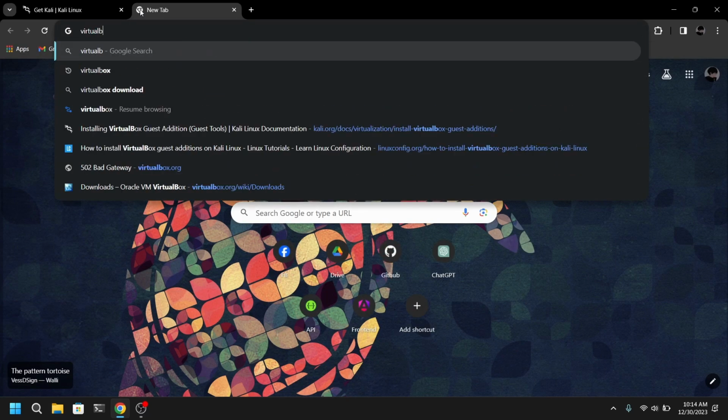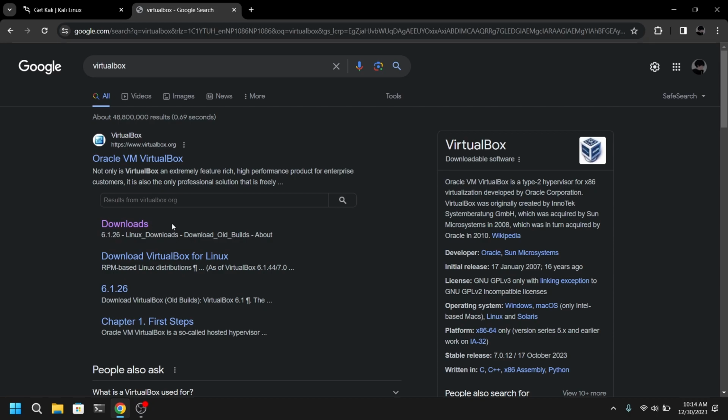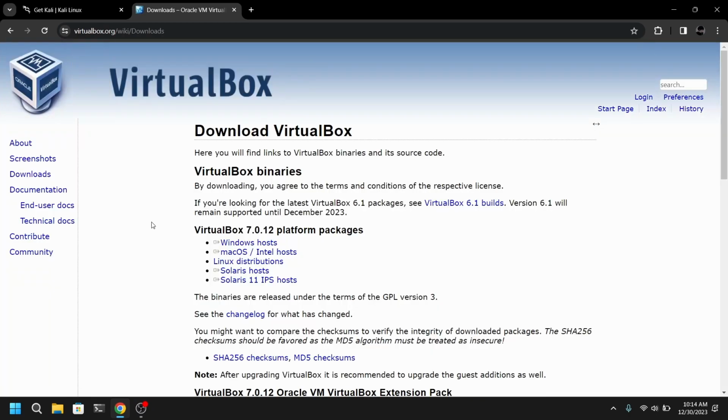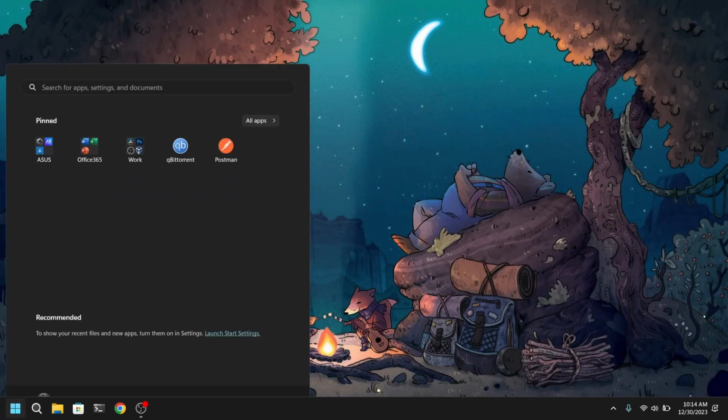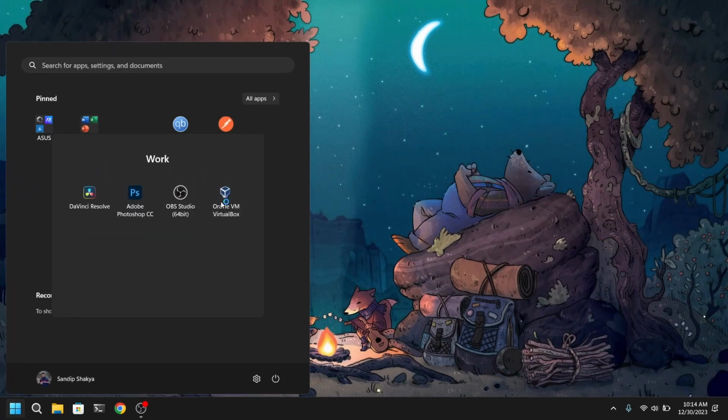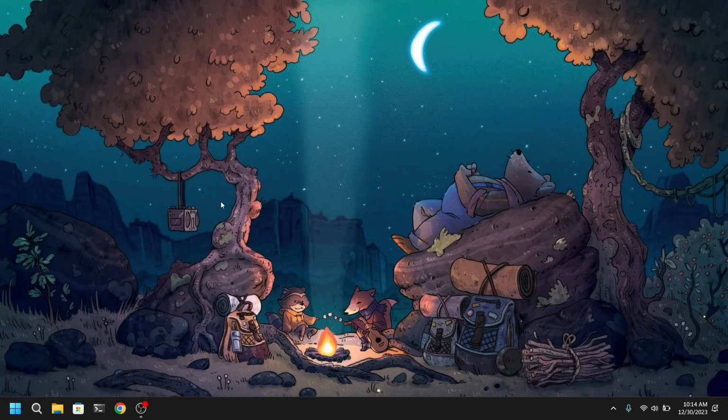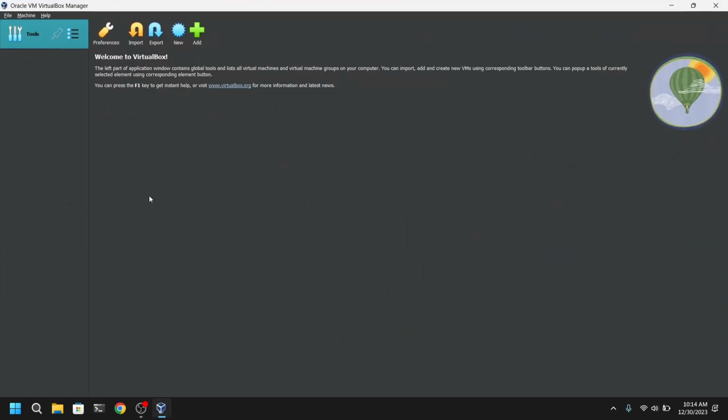Now if you haven't already installed Virtualbox, you can open another tab and search for Virtualbox. Download the Virtualbox latest version from the official website and install it as a normal program. Now install Virtualbox, and after installing, open Virtualbox and click on new to create a new virtual machine, and after